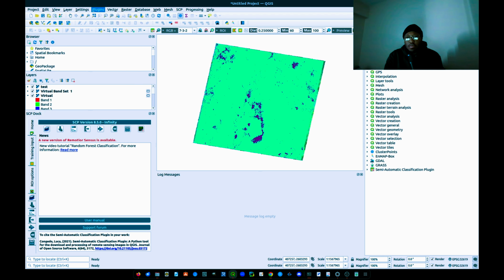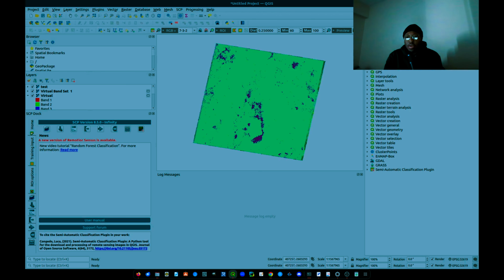You go to plugins and hit manage and install plugins, and over here you can search. You want to go to All, because this is where QGIS can read those packages, not only those that you have installed on your computer, but also those available online on different servers. So you want to type, for example, something like classification,